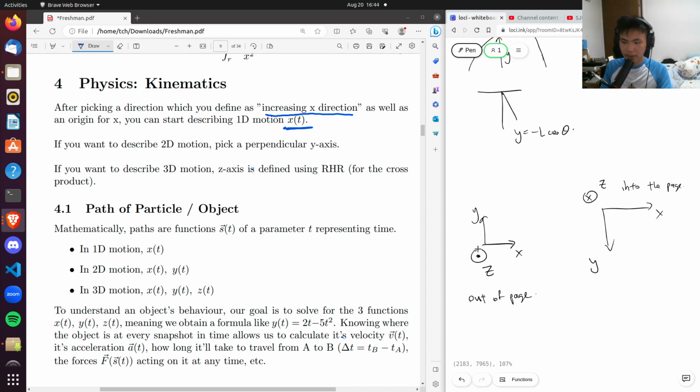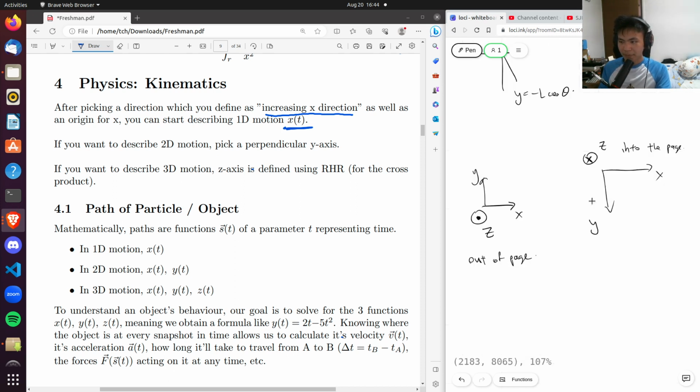And this notation over here, where we draw a circle with a dot in the middle, you can think of as an arrowhead. Your arrowhead has a tip at the end, and the arrow has a tail also. So this is like the arrow pointing at you, out of the page. Whereas the scenario on the right is like the arrow that's pointing away from you, into the page. So when we want to draw vectors or directions in and out of the page, that's what we use. So to summarize what we have said,